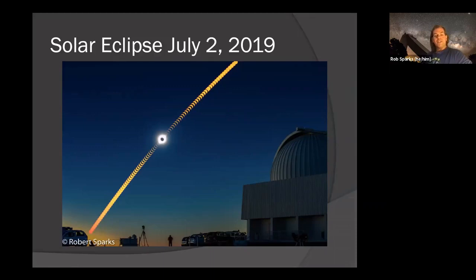All right, this was a very, very interesting eclipse because of Cerro Tololo. We have our observatory there, so we had a big event for VIPs down there, and Kip Thorne was one of our guests. He's a Nobel Prize winner for the discovery of gravitational waves a few years ago. And I also was working with a group from the University of La Serena in Chile, several students, and another one of our colleagues in Chile, Juan Seguel. He's a Cerro Tololo employee.